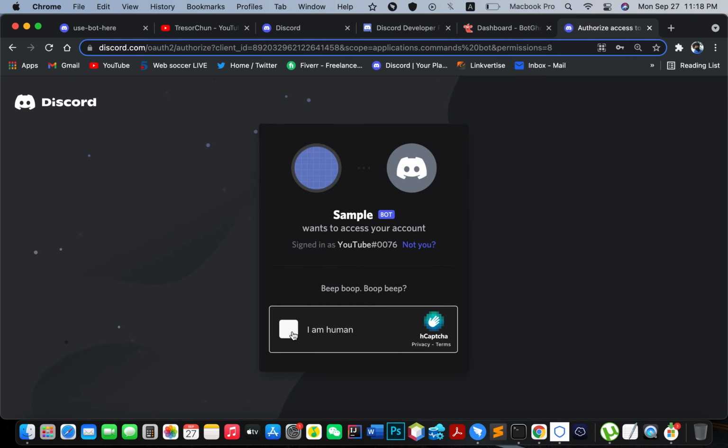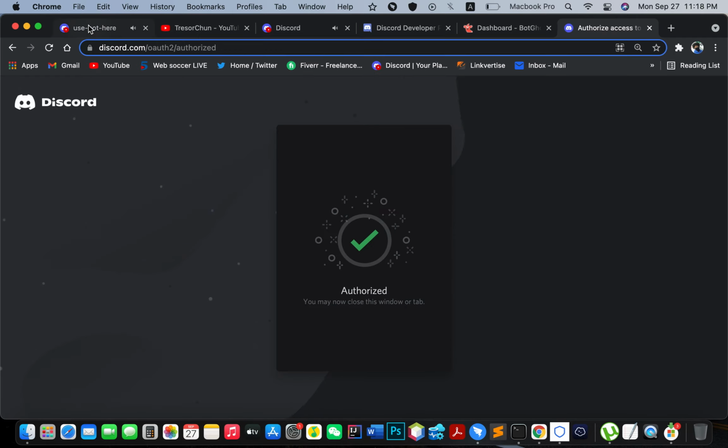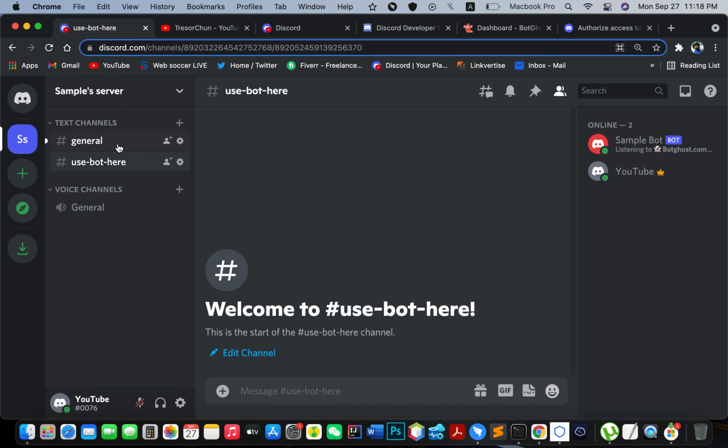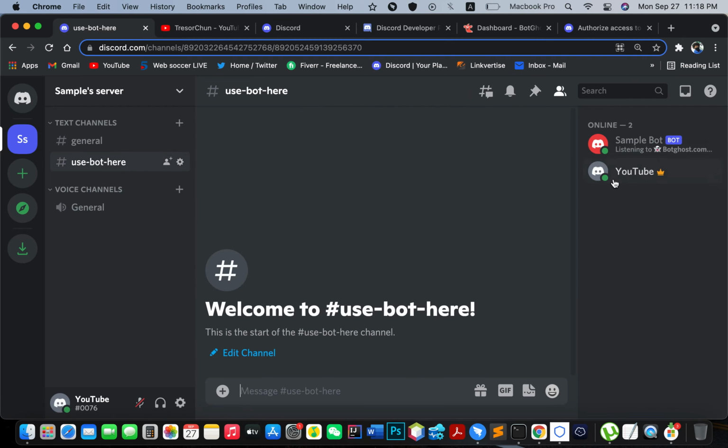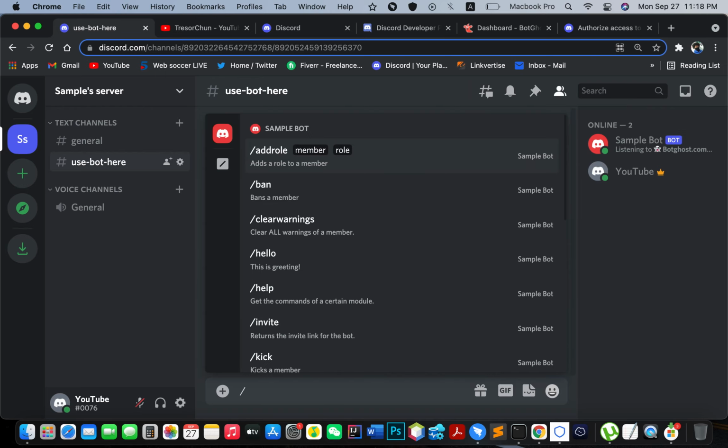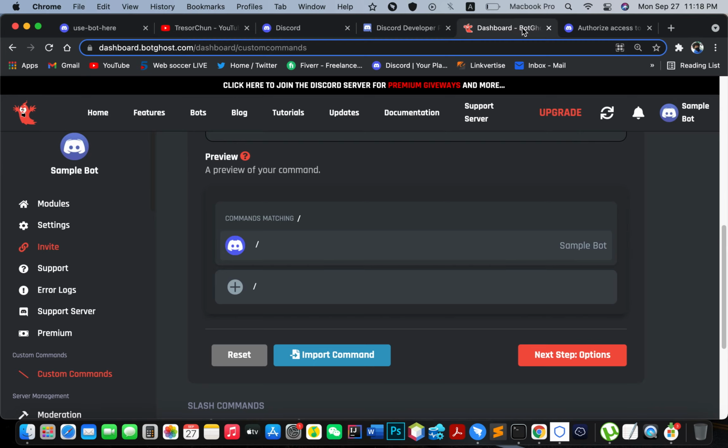Wait a little bit and then check that you are a human. Boom, there you go. If I go back to my server and go in general, you can see that sample bot has just joined the server, and you can see on the right side that there is sample bot here. So now if I type slash, again I forgot to tell you guys,